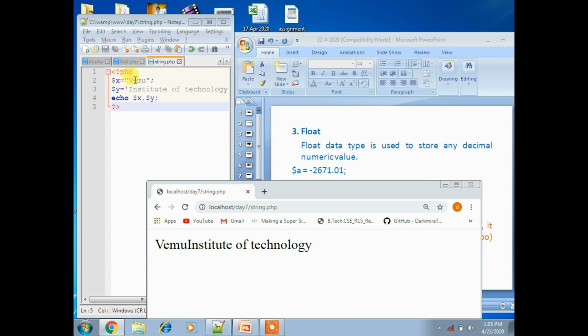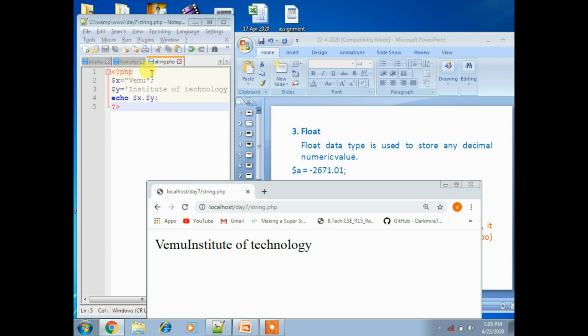The X value is Waymo, and Institute of Technology is the Y variable, the second variable. But here the difference is, for the X variable value I gave double quotation, for the Y variable value I gave single quotation. That means a sequence of characters you can place within double quotation or single quotation, which is allowed, so the string will be valid.